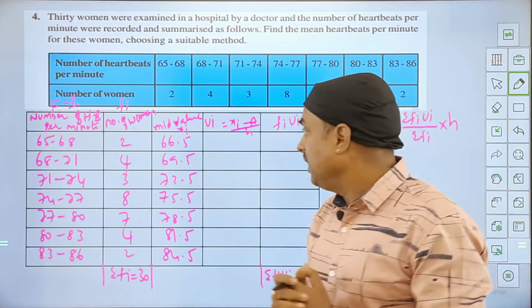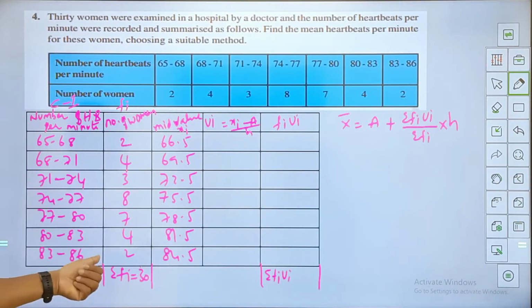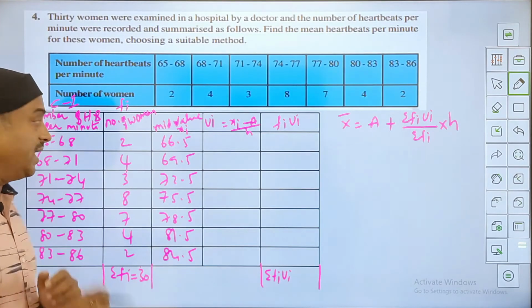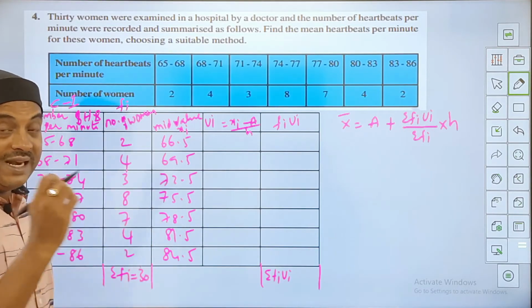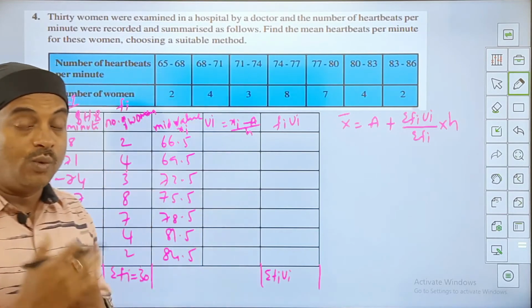Now when I see the mid values, you can observe we have done some 3 questions, you know how to find the mid value and all. I got these mid values. Now imagine my first method. What is my first method? fi into xi. Multiplying these 2 values will take a lot of time for me. So the direct method cannot be a good method for this. Okay. Second method. What is the second method?